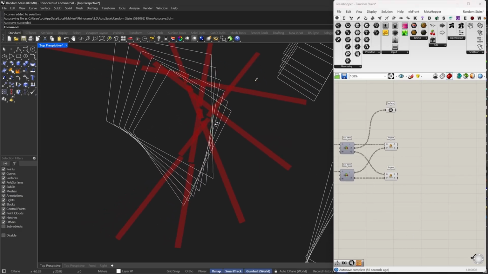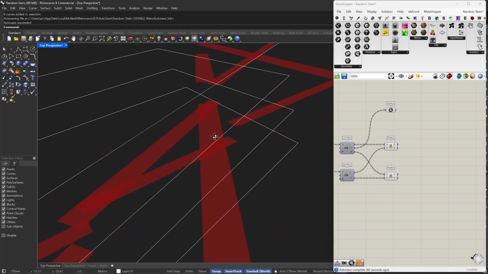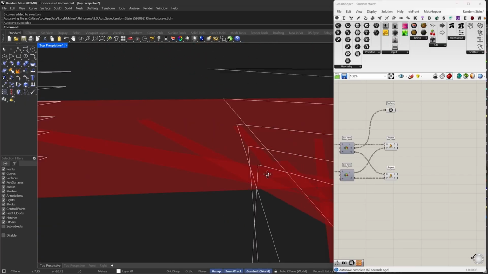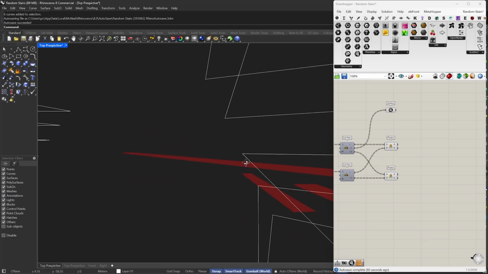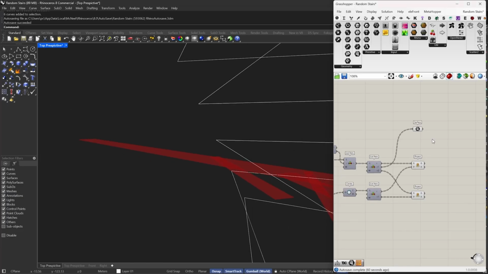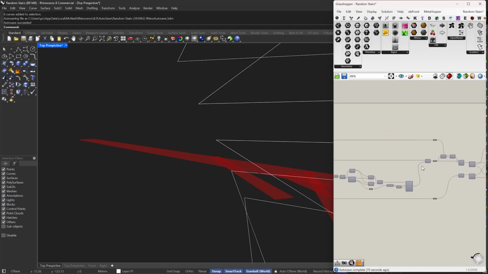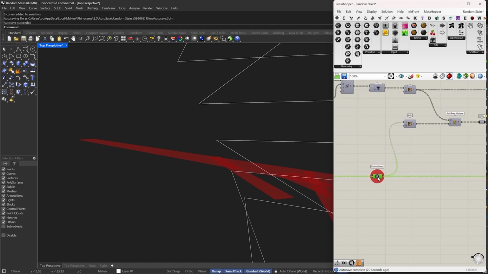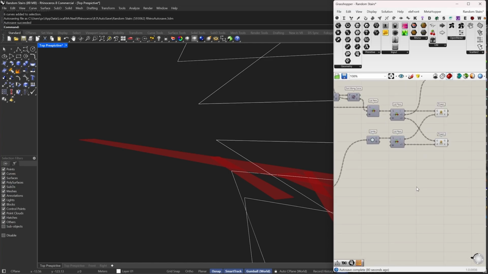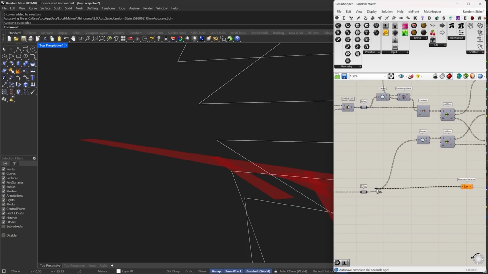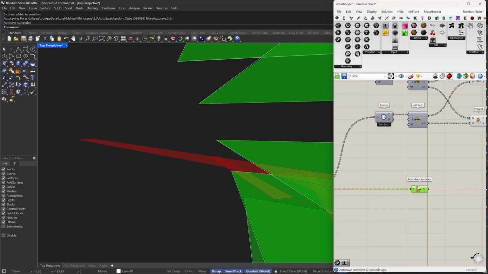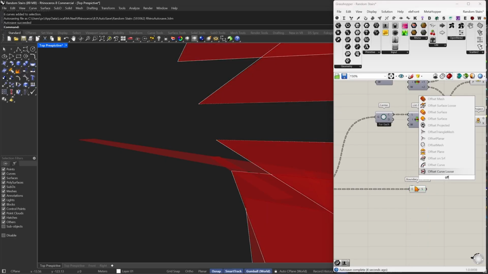After that, I want to split the axes. I don't want all of this. When you cut, I want only to here. So what I want to do is get those, let's organize these. What I want to get is those group curves, and I want to create a surface. So I'm going to create a boundary surface, and I'm going to create an offset surface. So I'm going to create a solid,